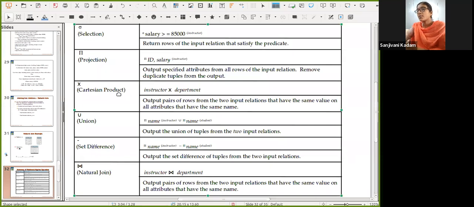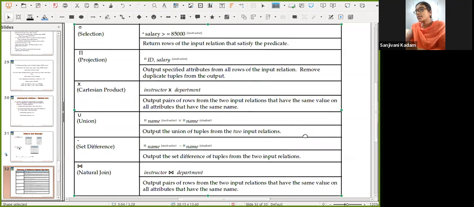Then next we studied the Cartesian product, that is, instructor and department relation we have seen. Within that, a Cartesian product outputs pairs of the rows from two input relations that have the same value on the attributes that have the same name. The next, union operation, we have seen. So union, two relations as input, means that we are combining the two relations and removing the duplicates.